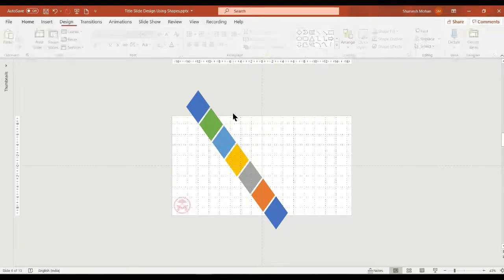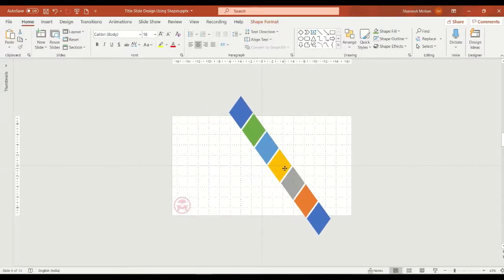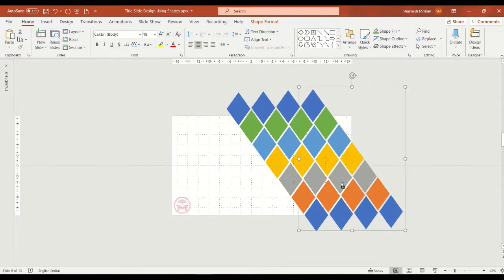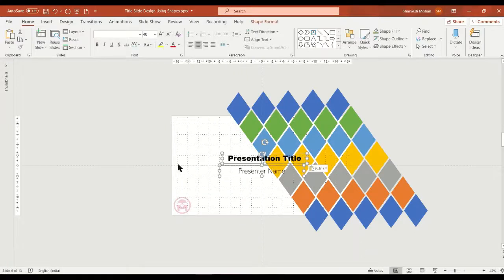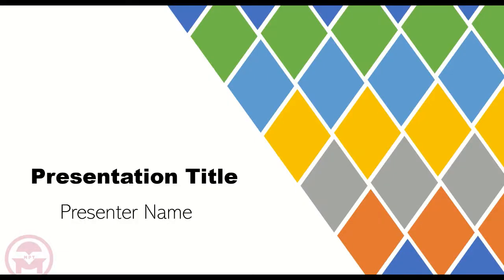And select Control A and Control G. Control G is for grouping. Just put it over here, press Control T, and align the picture like this, and then Control D, Control D, Control D. Just go back, select the presentation title, and paste it in the left corner, and using the diamond our presentation title will look like this.